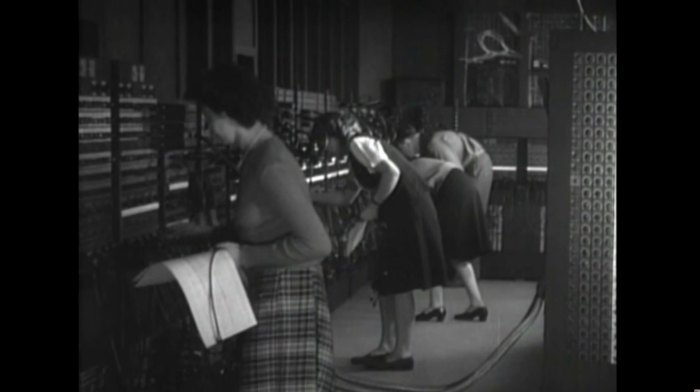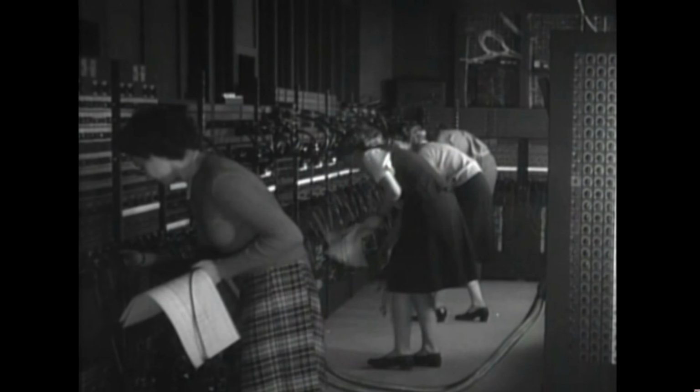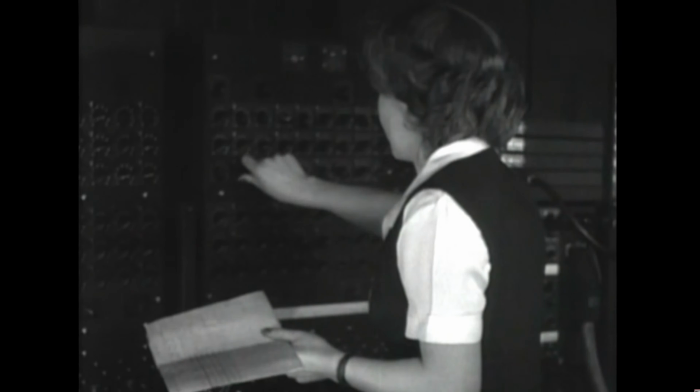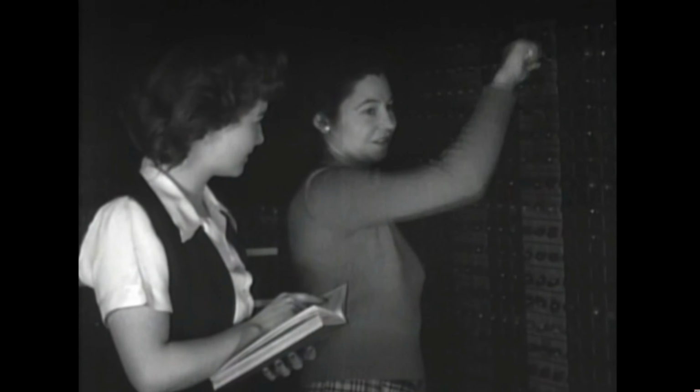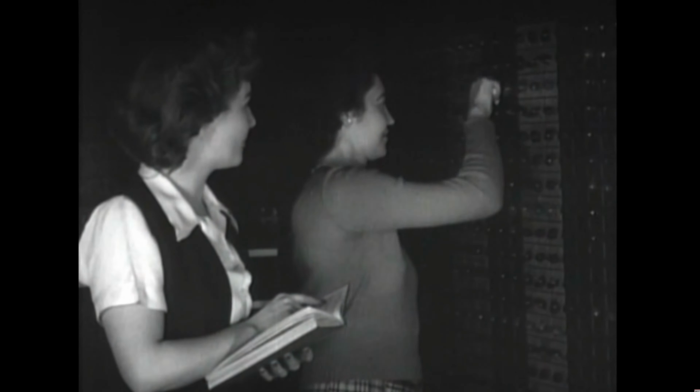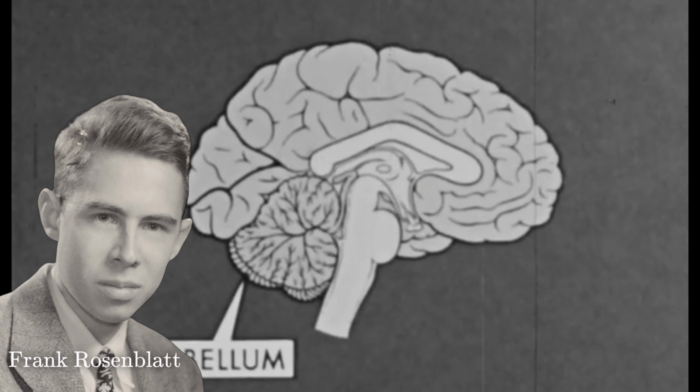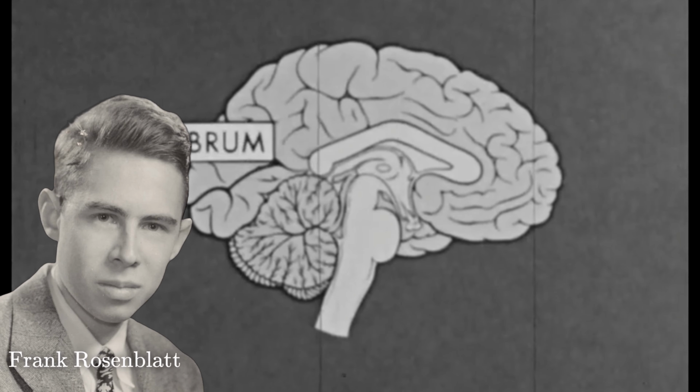For any given task, you had to design an entire machine just to solve it. And remember, we're talking the 1950s. Computers then filled entire rooms. You can imagine the effort required to solve even a simple task. And this is where a 29-year-old psychologist named Frank Rosenblatt entered the story. See, Rosenblatt wasn't trying to solve this problem per se. What he wanted to do is to have a better understanding of how the brain works.